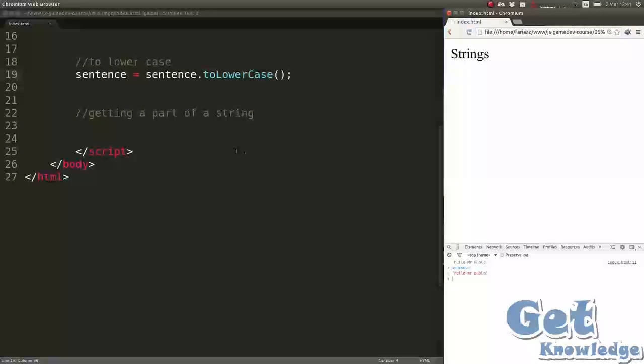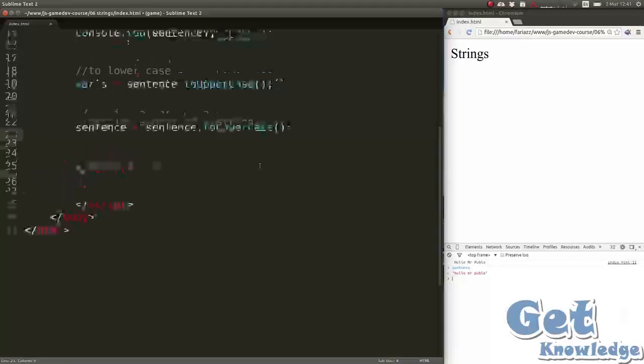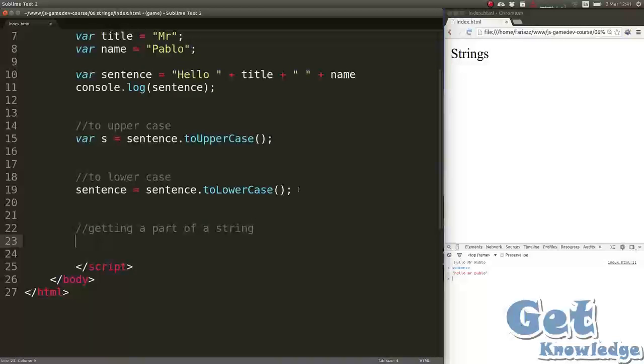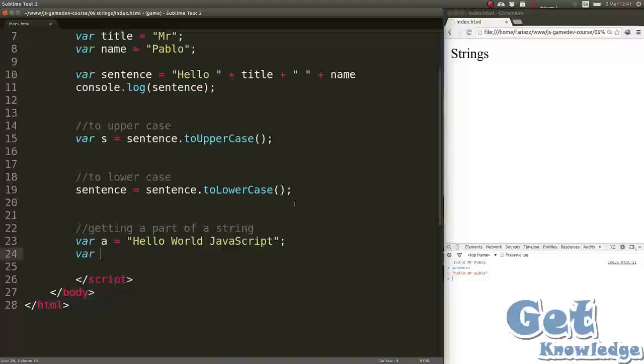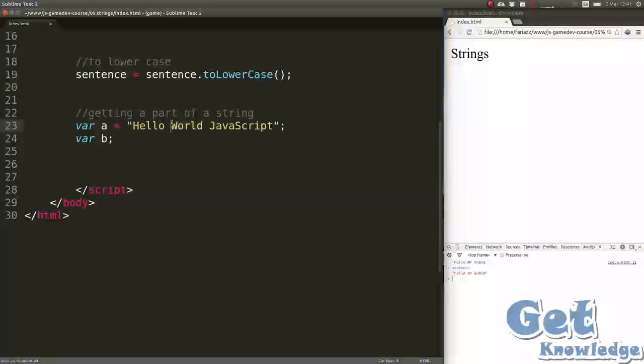And now the last thing that I wanted to show is how to extract a substring or an element from your string. So I'm going to create a new variable, let's call it a, and give it hello world JavaScript. And I'm going to have another variable b. And in b, I just want to grab the word world. I want to grab this part of the string and put it in the variable b. So b will be equal to